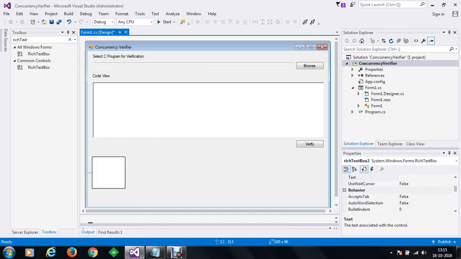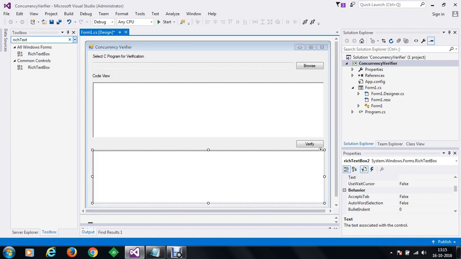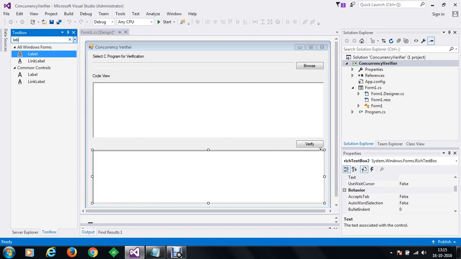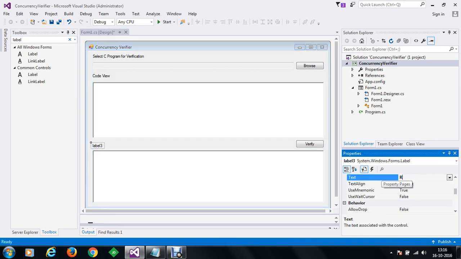Let's drag the rich text box here, and we are going to set the rich text box height and width to somewhat like this. Here inside this we'll get the result view. We'll take one more label control, and we are going to change the text property of the label control to result view.